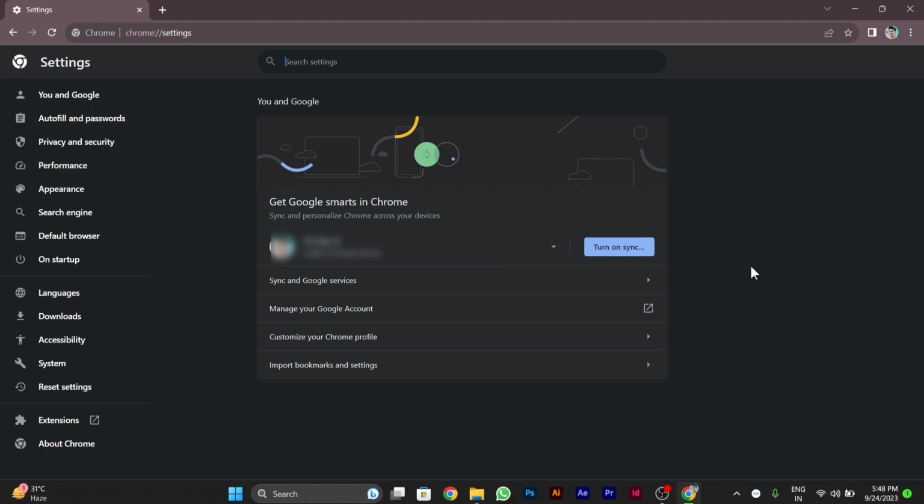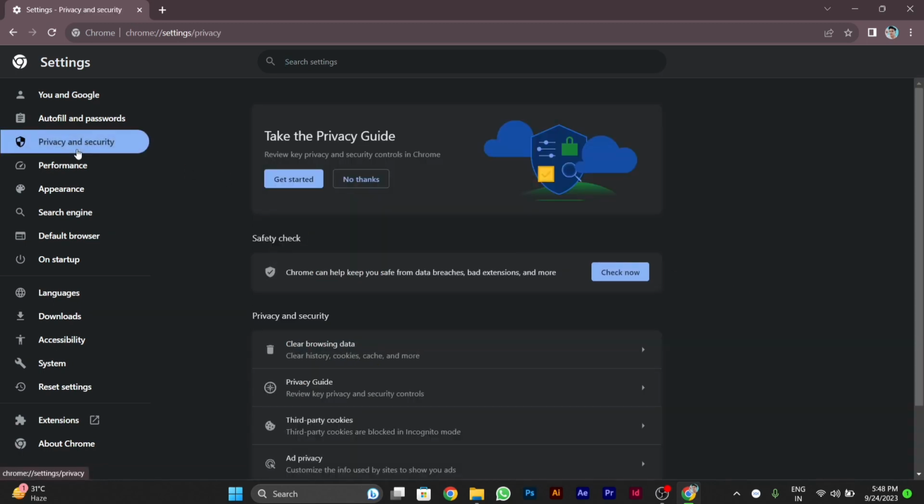After you click on settings, on the left side you will see the option privacy and security. You have to click on it. Then on the right side you will see an option third party cookies. After you click on third party cookies, you will see some of the settings here